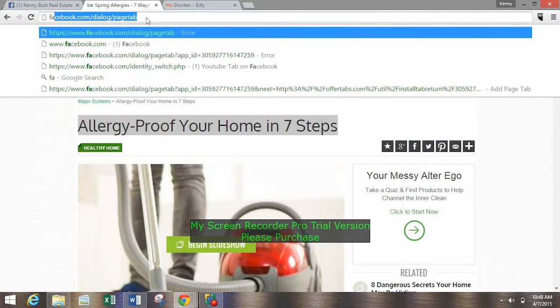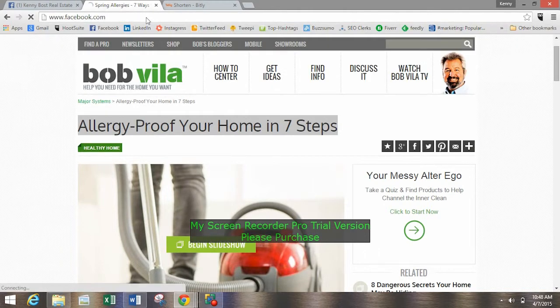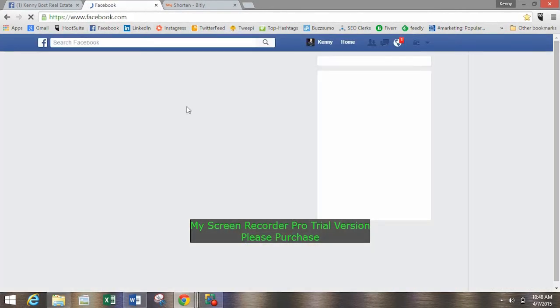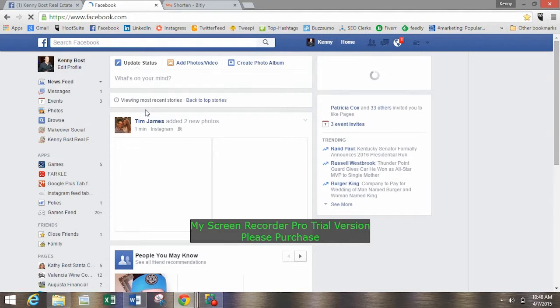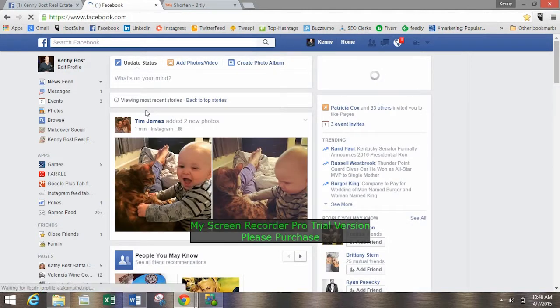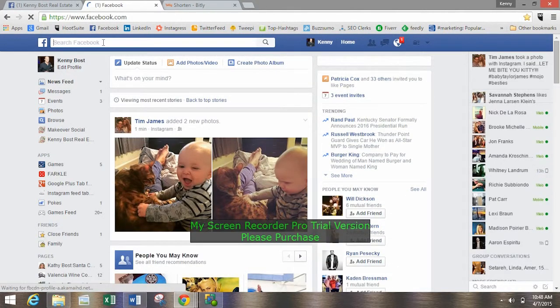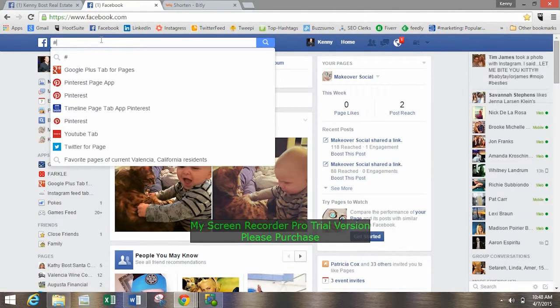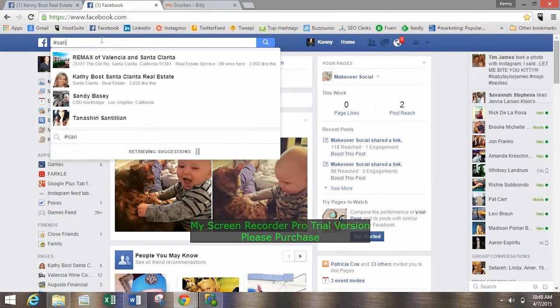So let's go to Facebook over here, and let me just explain to you how hashtags work. We go into the top right here, and we're going to just search hashtag Santa Clarita.